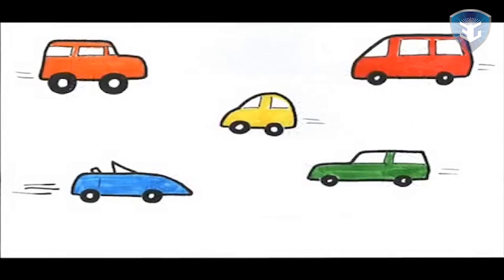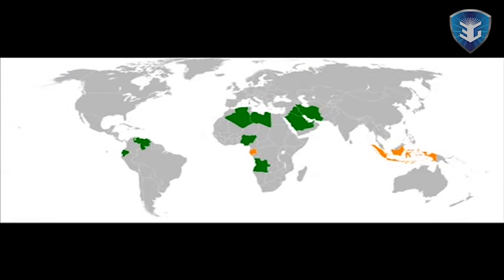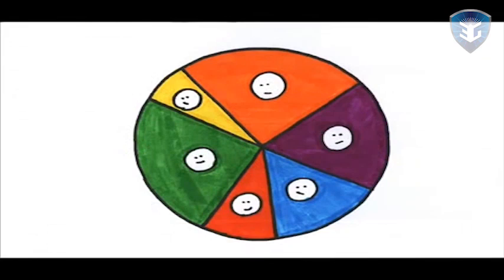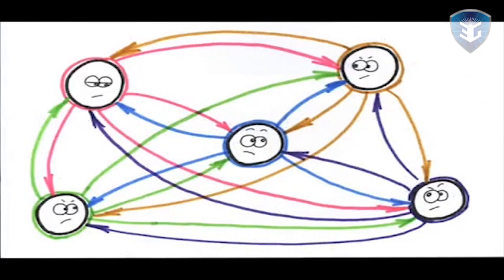Also, the small number of producers could be just a handful, like cars, or a couple of dozen, like the oil producers. The key is that there are few enough producers that each one has a fairly large chunk of the market, large enough that any individual producer can affect what happens in the market. Because everyone's actions matter, the producers become mutually interdependent. Whatever one does affects everyone else. This mutual interdependence actually makes the oligopoly the most complicated type of market structure to operate.